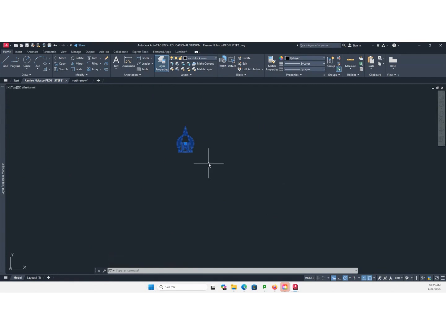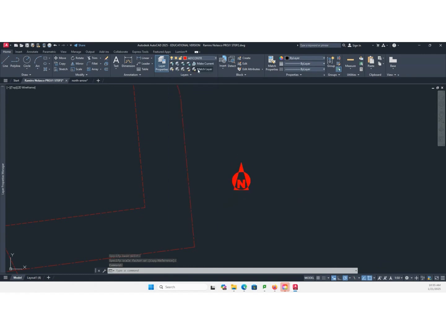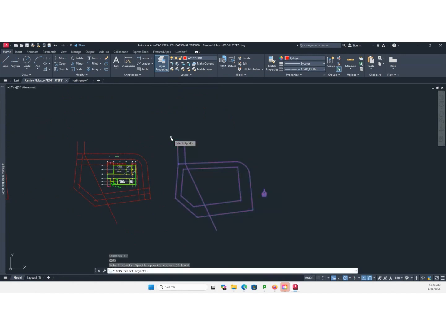So I'm going to scale this so that it is visible, something like that. And change this to the layer. So that's the true north. You want to make sure you know the true north orientation or direction. And then I'm going to copy this just in case I need it later.